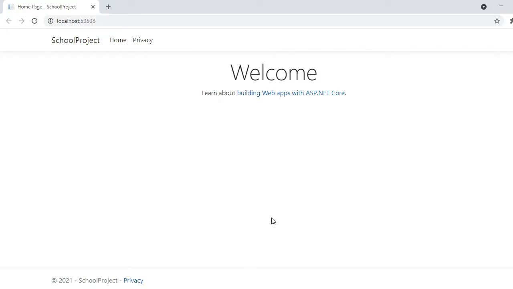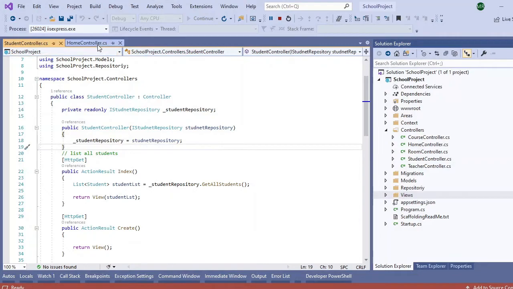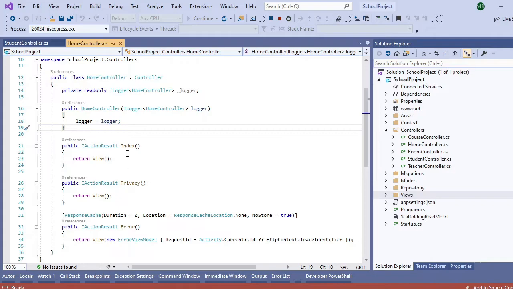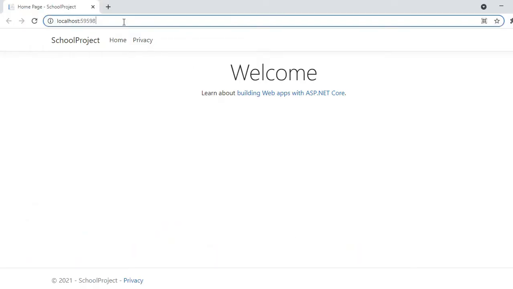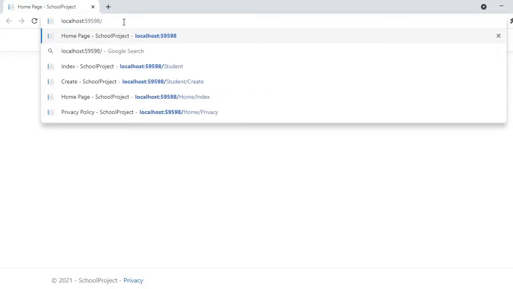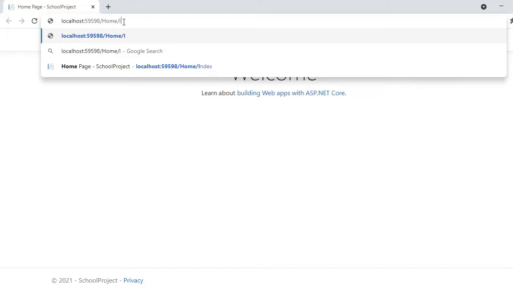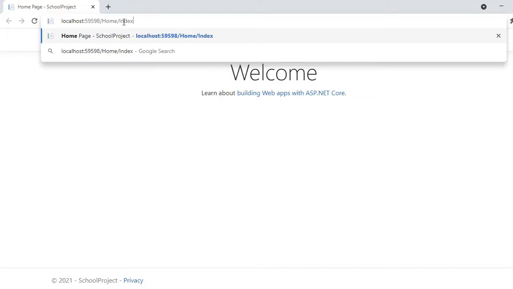Let's go back to the Visual Studio. We have here the home controller, and the home controller contains two action methods, index and privacy. The route in MVC works based on the controller name and then the action name. In the browser here, if I said here I need home controller and then index action method, the same view